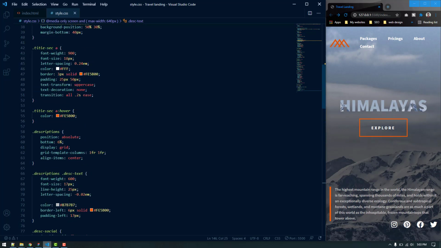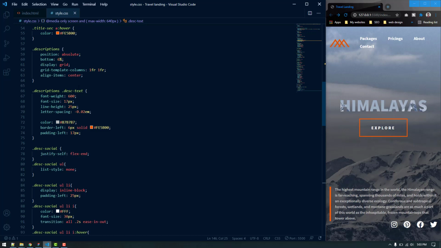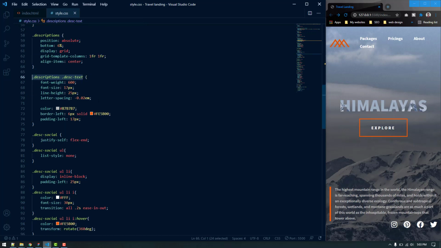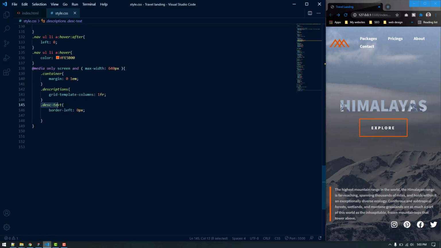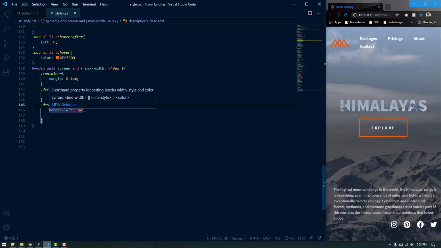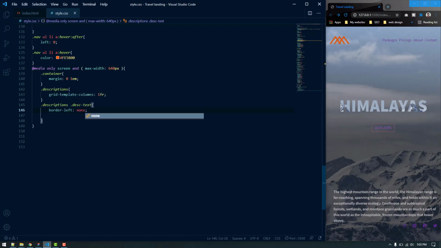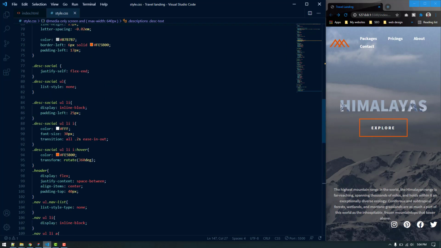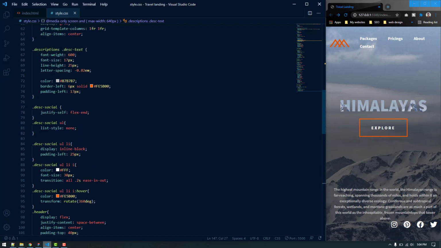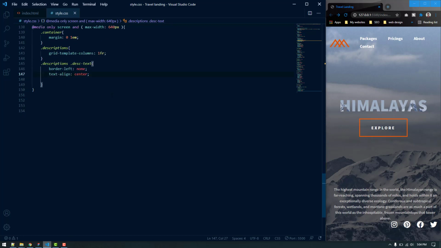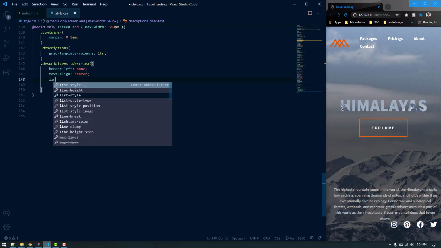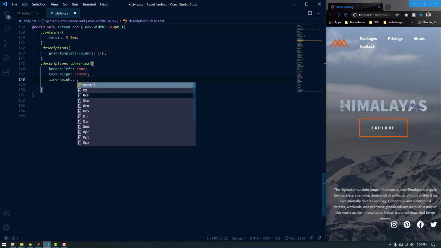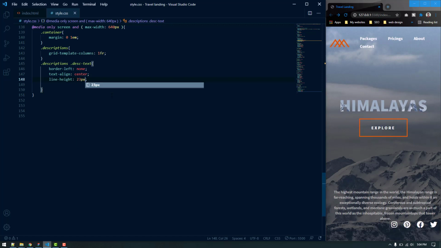We actually got the border left with the description text and description. Let's get all of this and paste it here, and let's try none again, and it will work. Now we need the text to be centered, so text align center. What is the line height? The line height was 25 pixels. We can reduce down a little bit. Line height, let's try 23 pixels. It will be more congested, and I like this way.